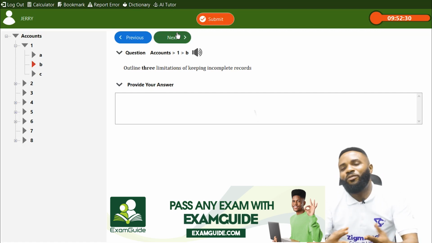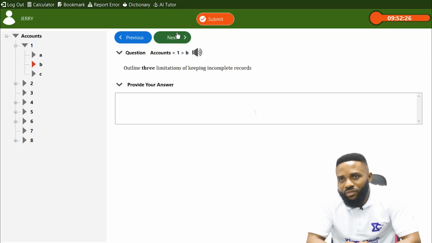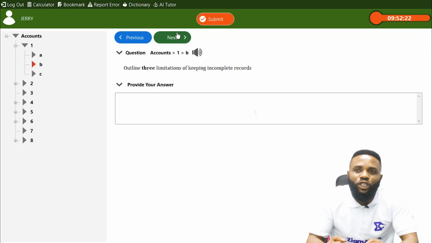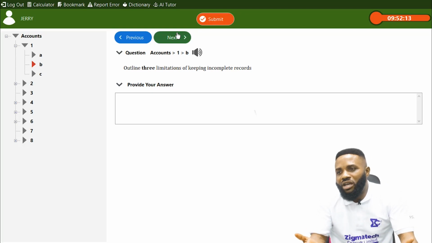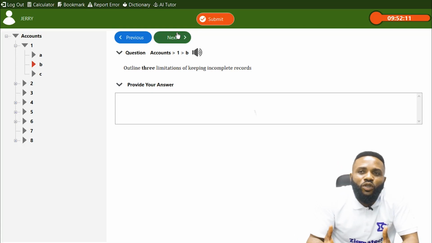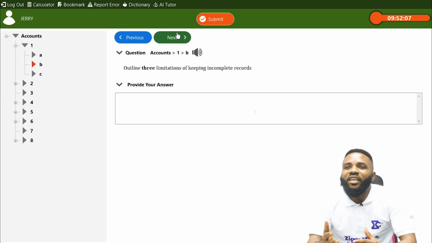It will be difficult. For instance, assume I want to prepare a cash book, and as I'm preparing it, the cash book is prepared based on incomplete records. Now in the cash book, maybe you are not given drawings. In the cash book, you are not given capital. Or let's take it for instance, you are given some